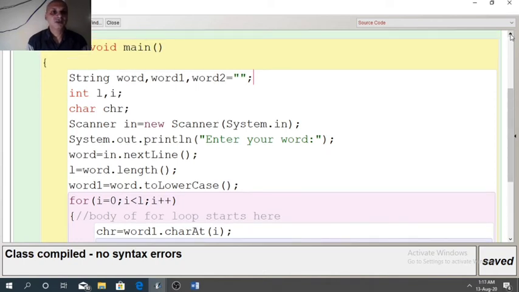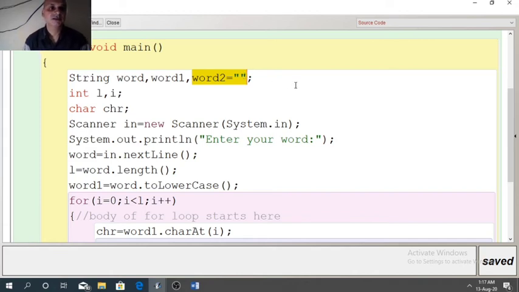Word 1 will store same word in lowercase letters. Word 2 will store the modified word. So wherever we store the modified string, we need to initialize with blank. L to find the length, I loop variable, chr to extract each character of the given string.